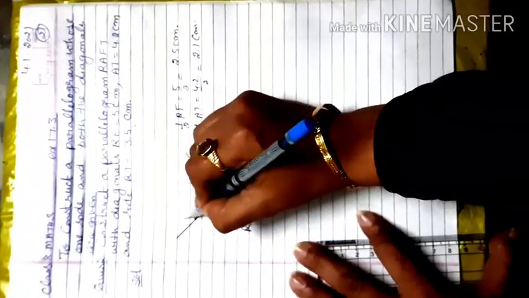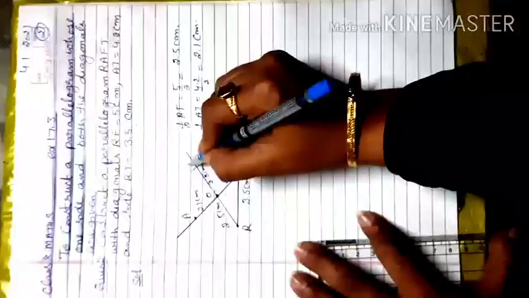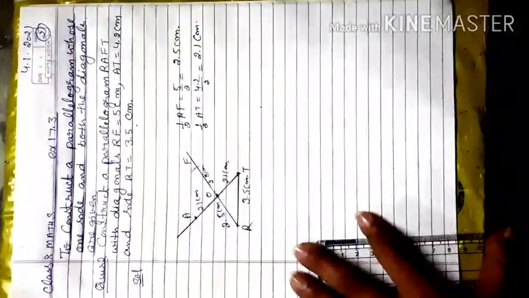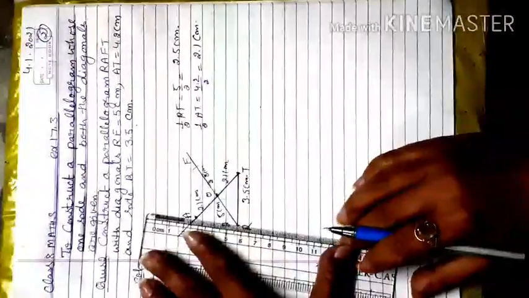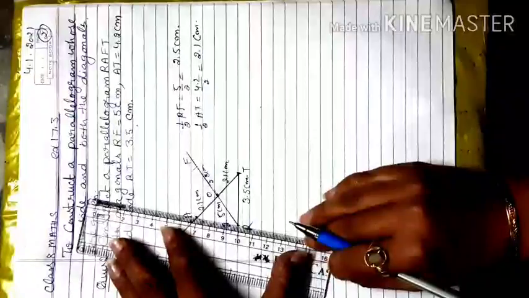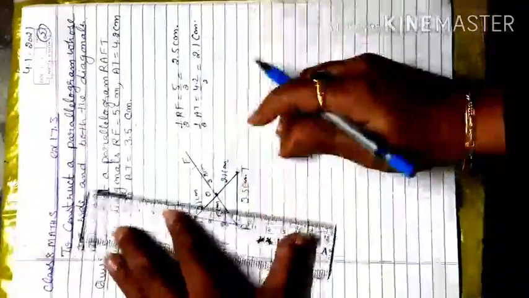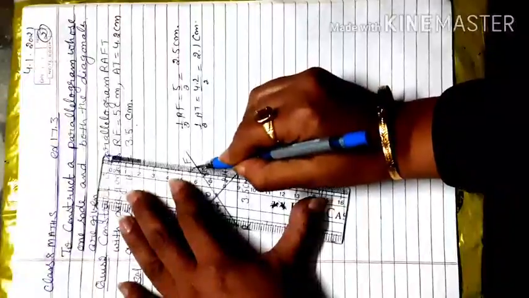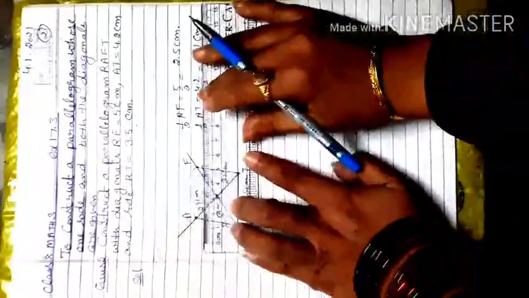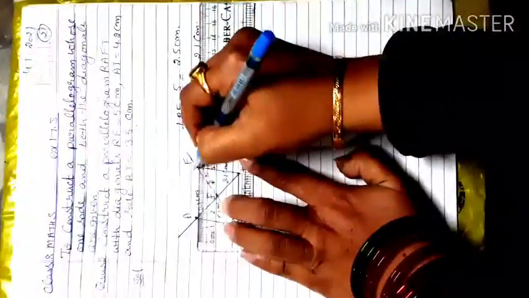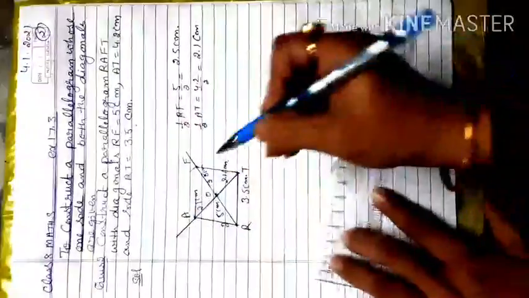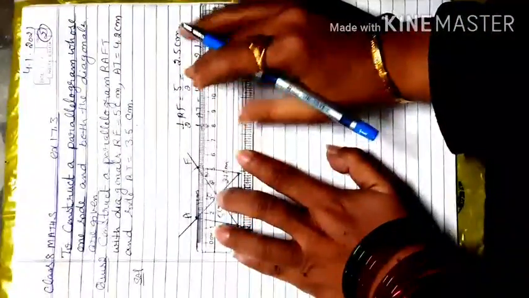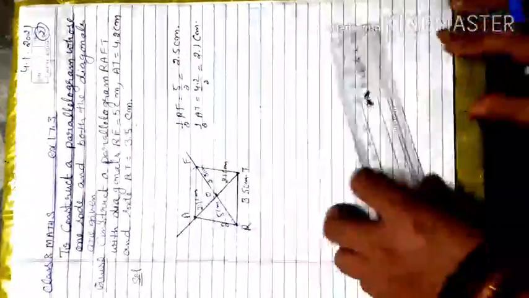So this point is A, because R, A, F, T is the name of the parallelogram. So now you join RA, then FT, then EF. So this is the required parallelogram REFT. Okay, now the next type of parallelogram is,